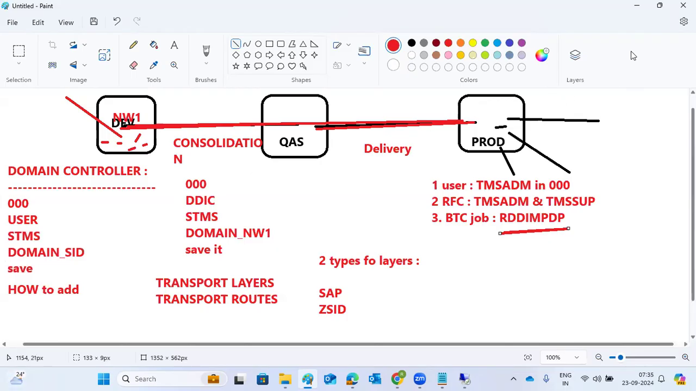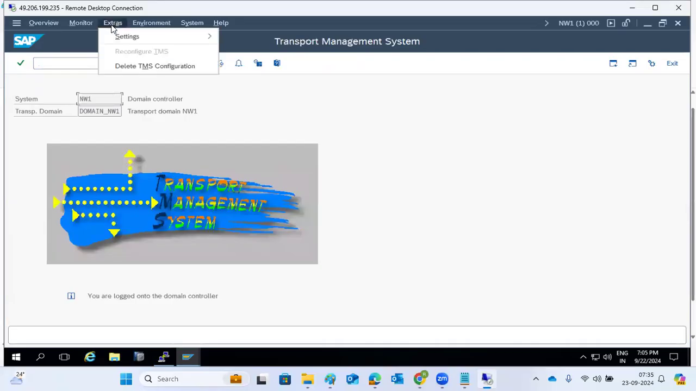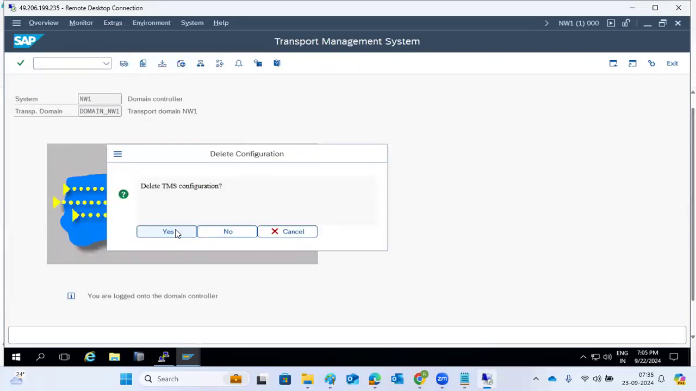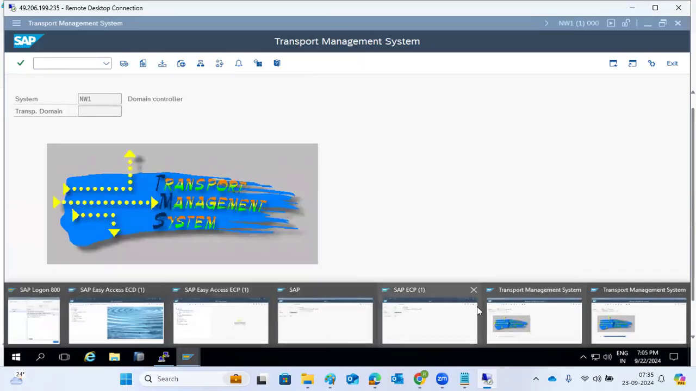Okay, so you can use this time to practice deleting the configuration. It's simple, deleting the configuration of NW1 and ECD. You can go to STMS, go to Extras and delete it. Let me delete it first. And same as like that, you can go to the